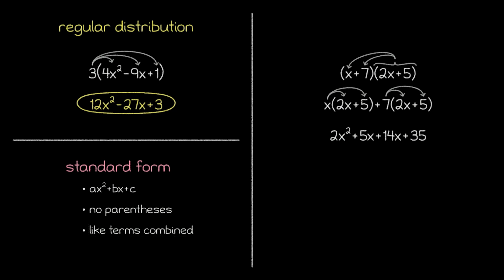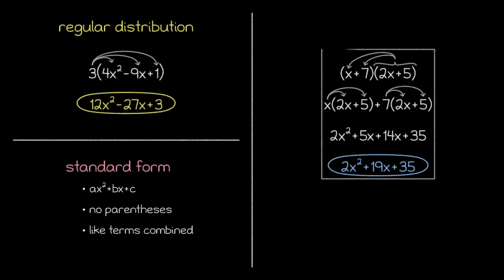And in our current expression, we have a single quadratic term and a single constant term, but notice that there are two linear terms. So let's combine those linear terms, which allows us to write our final expression and achieve the standard form. As we continue to convert quadratic expressions into the standard form, we'll need to use this prolonged distribution process for many of the problems that we encounter.